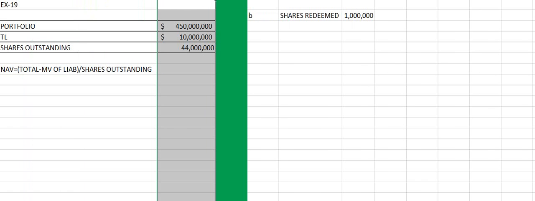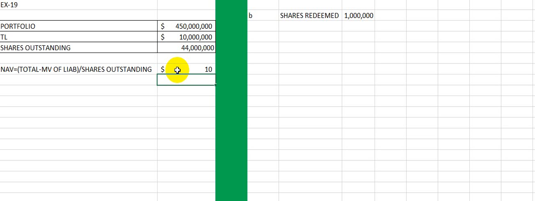That being said, it will be equal to 450 million minus $10 million in liabilities divided by the number of shares outstanding, and the net asset value will be $10 per share. As for part B, it says,